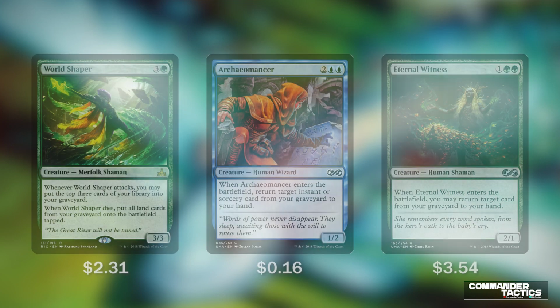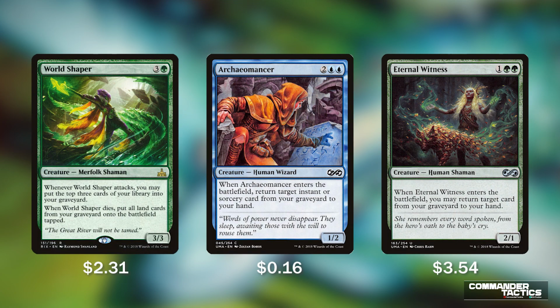spells. Then we have World Shaper, Archaeomancer, and Eternal Witness. Each of these let us bring back cards from our graveyards. World Shaper says whenever World Shaper attacks, you can put the top 3 cards of your library into your graveyard, so a great mill option. And then when World Shaper dies, put all land cards from your graveyard onto the battlefield. If we have milled and then World Shaper dies, there's a good chance you can be bringing back 4 to